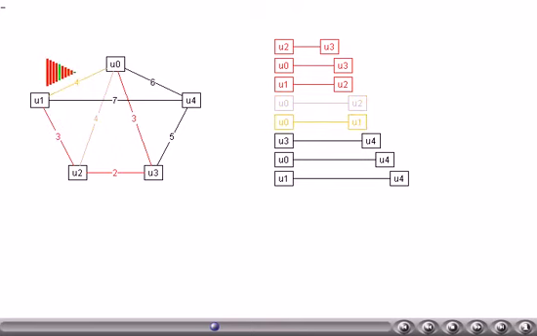The edge U1, U0 is selected now. However, if we include this one, a cycle will come into the minimum spanning tree. Thus, it will not be retained. Now, the edge U3, U4 is selected. Its inclusion is not going to give any cycle in the minimum spanning tree. Thus, it will be retained.